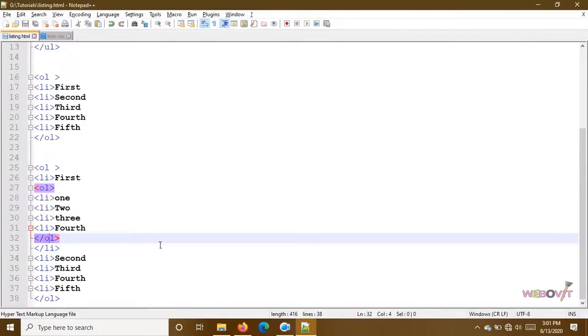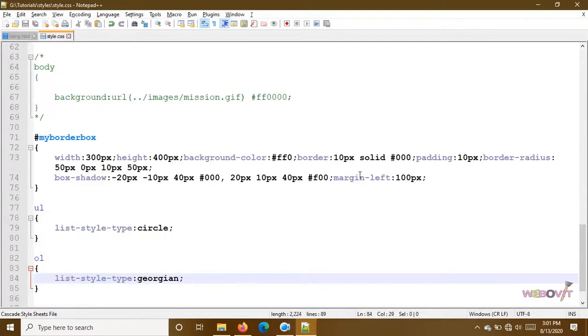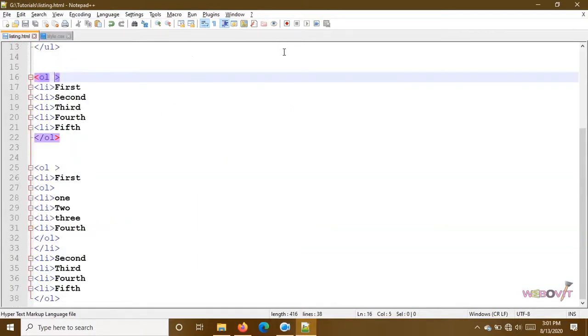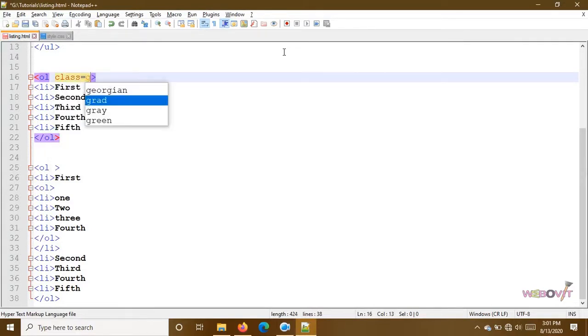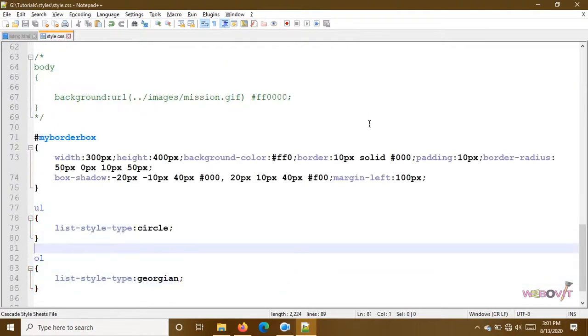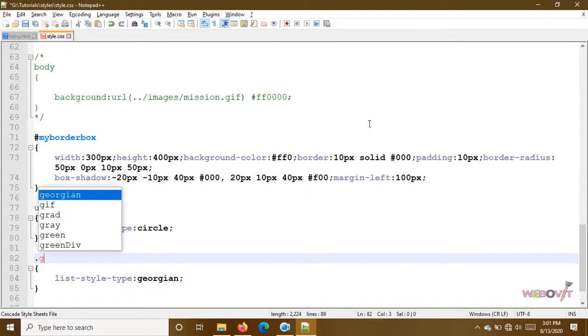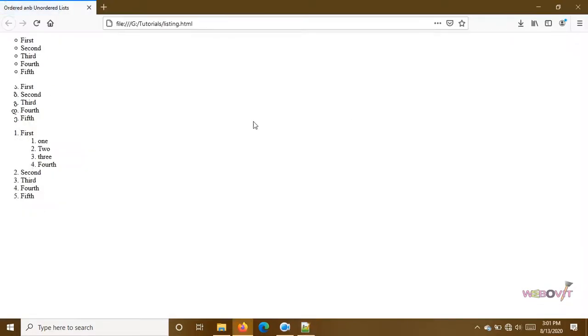Now since we have changed the styles here for all OL types, now we need to change it. Okay, so that's why in that case we use class. Otherwise what will happen, wherever an ordered list is available and the page is linked to the CSS file, all ordered lists will have the same style. So instead we will use a class. We can name it anything. Suppose this is my particular class name. So instead of OL, I will use dot. So only that one will have this kind of styles, and the normal one will have the default.